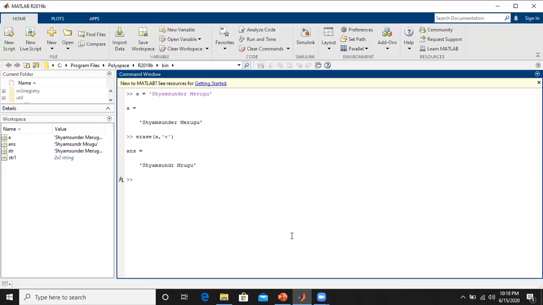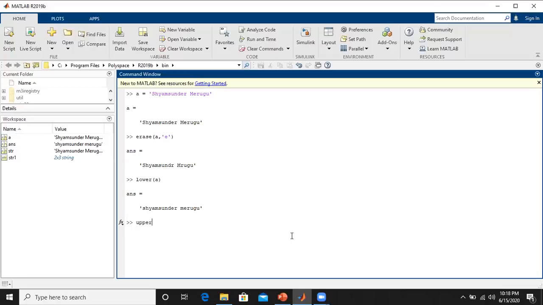If we wish to convert the entire string into lowercase letters, we type lower of A, and the previously entered string is converted into all lowercase letters.